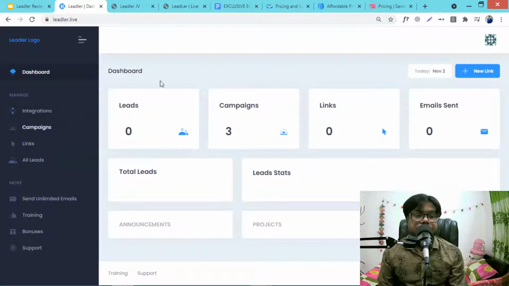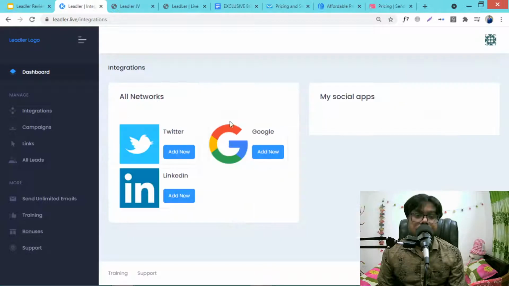This is the members area of Leadler software. You first need to log in to get instant access into this members area. This is the dashboard. First you need to integrate your social media accounts like Twitter, Google, and LinkedIn.